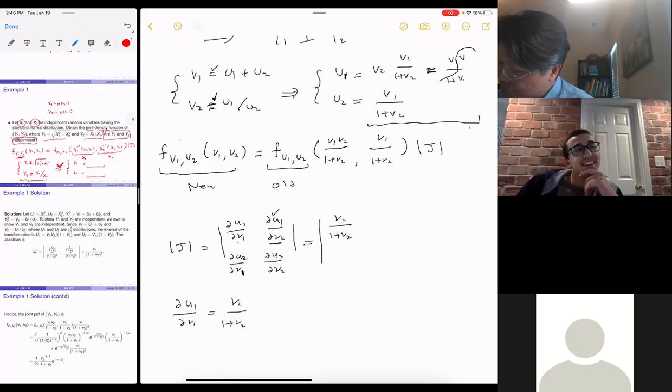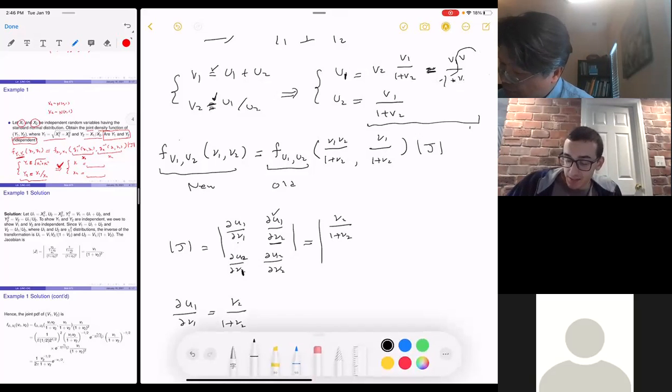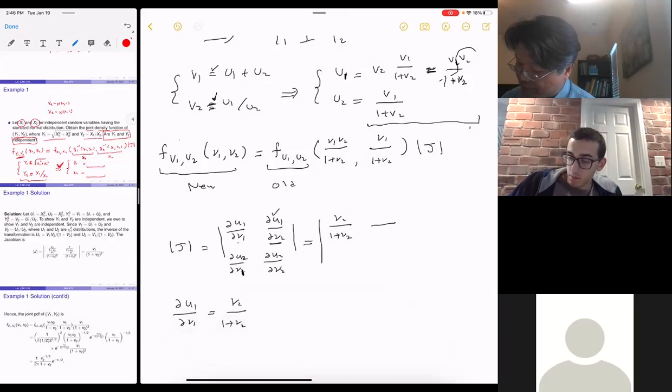Oops, that's too much. So 1 plus V2, right? V1 and V2 right here. Then it's not hard to see that if I take the partial with respect to V2, oh no, it's not easy. So right here, I need to write it down in different ways because it does take time to do that deriving partial about